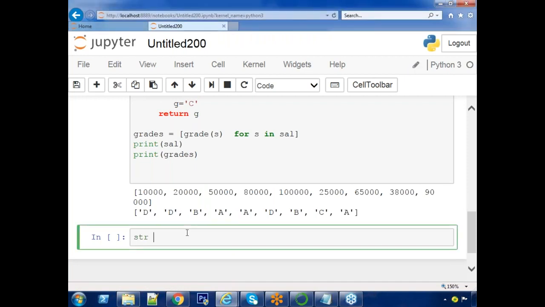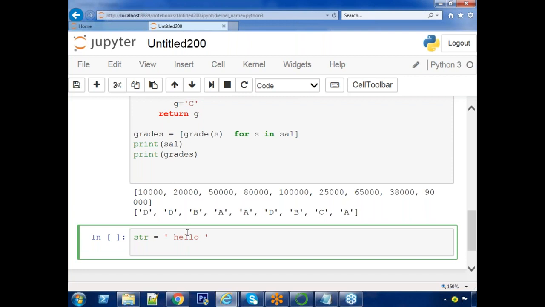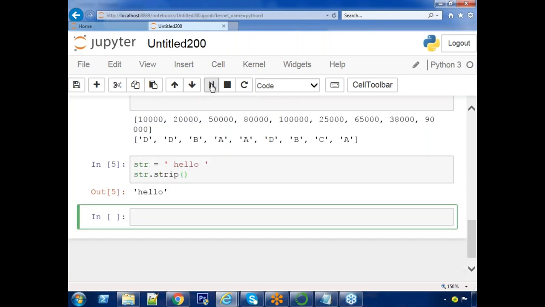I'm saying that a string is equal to hello, str dot strip. Check it now. What happened? Left side, right side spaces cut off or not? Not only white spaces, including invisible characters like backslash n and backslash t, such kind of things.